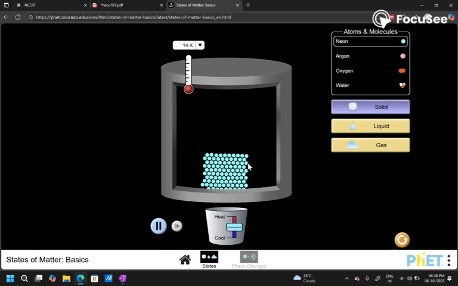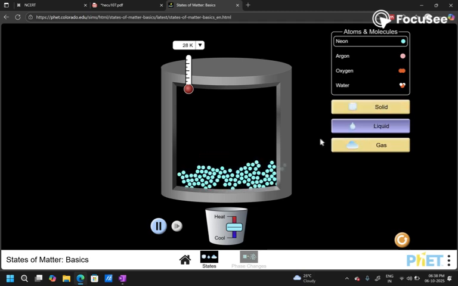So in simple terms, we can very easily understand that every state of matter is made up of some particles, and since these states of matter constitute some particles, these particles are known as the constituent particles. If I turn to the liquid state, you can again see the liquid, any liquid, be it water, be it oxygen, be it anything, is made up of, again, the constituent particles.